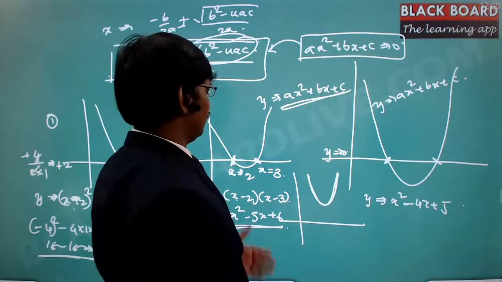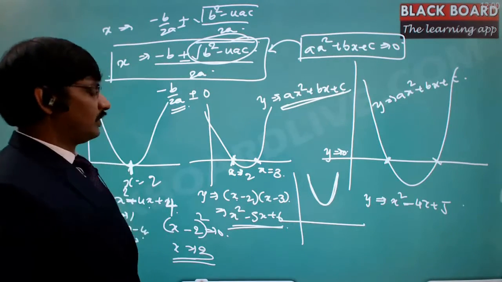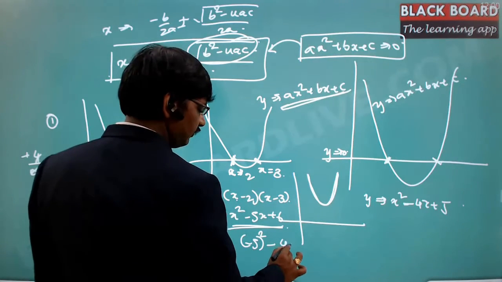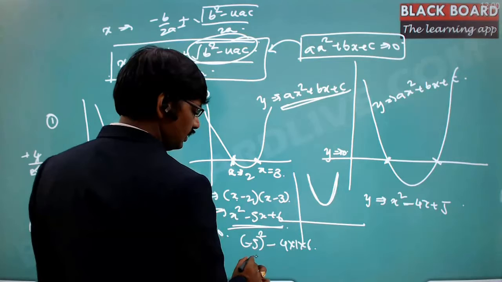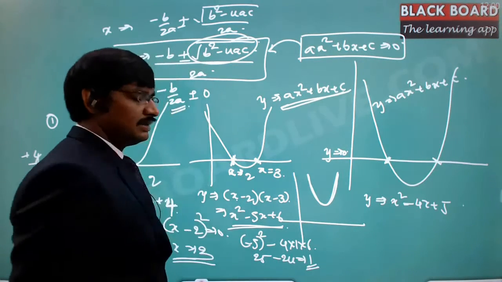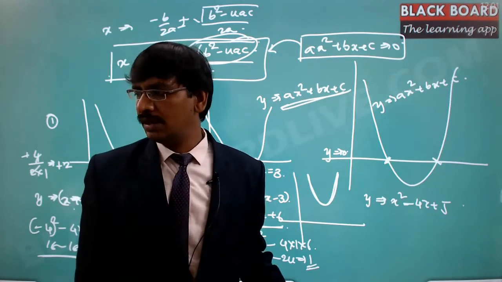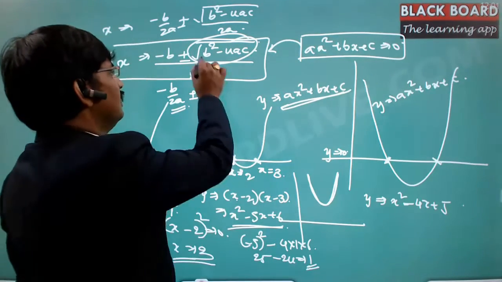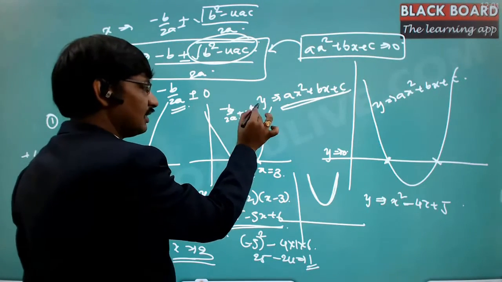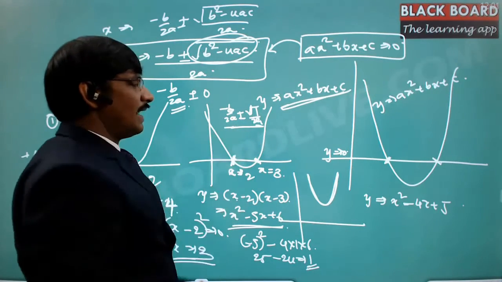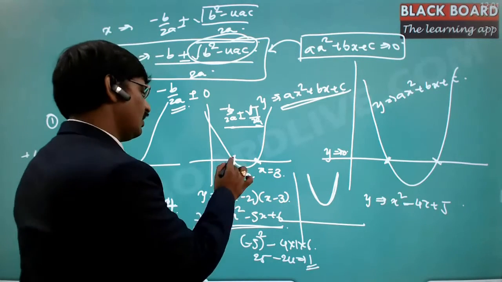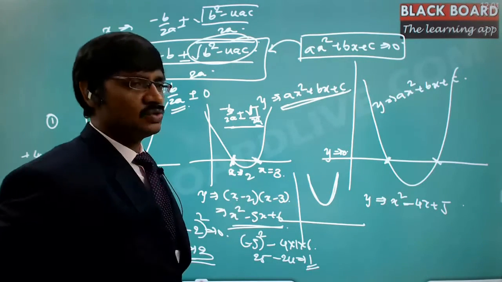Now we take the second case, where the b square minus 4ac value, if you calculate it, b is minus 5, whole square, minus 4 into a into c. So 25 minus 24, this is going to be 1. See this, the number is going to be of positive value, equal to 1. Hence, in this particular case, minus b by 2a plus or minus square root of some value by 2a, adding the value and subtracting the value will definitely give two numbers. So there is one number here and one more number here, which are the solutions of it.